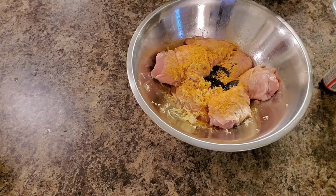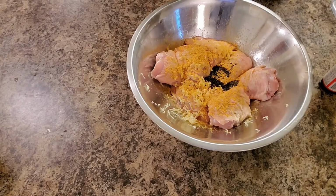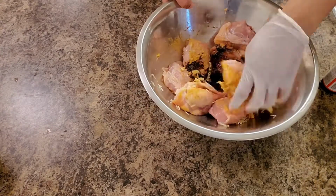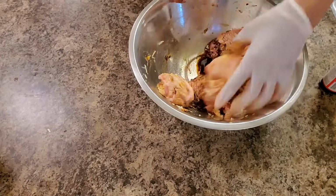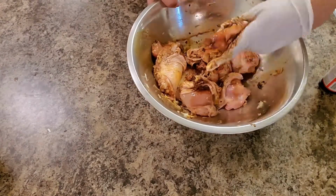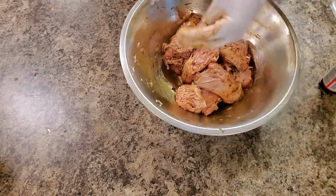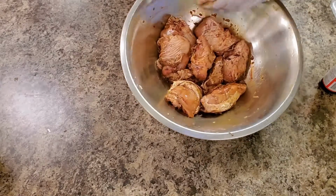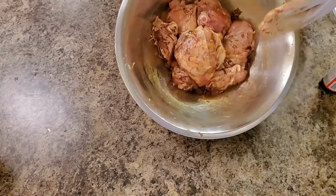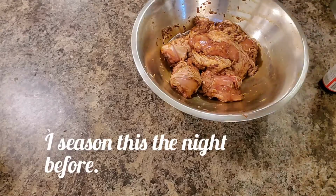If you're a Caribbean person, you know that we add browning to all our meat pots. When the meat is too white, we tend to say it's not cooked. Even when it's cooked, we tend to say it's not cooked. But anyways, the browning adds that little oomph to the color, the aesthetics of your pot. Anyways, I'm gonna massage these chicken thighs, put on my handy dandy clean glove, and just